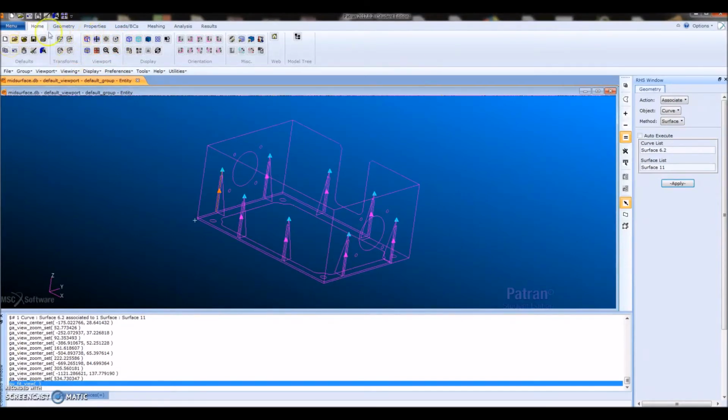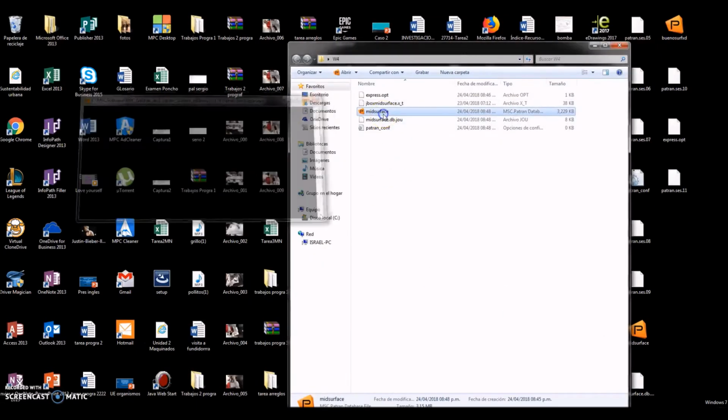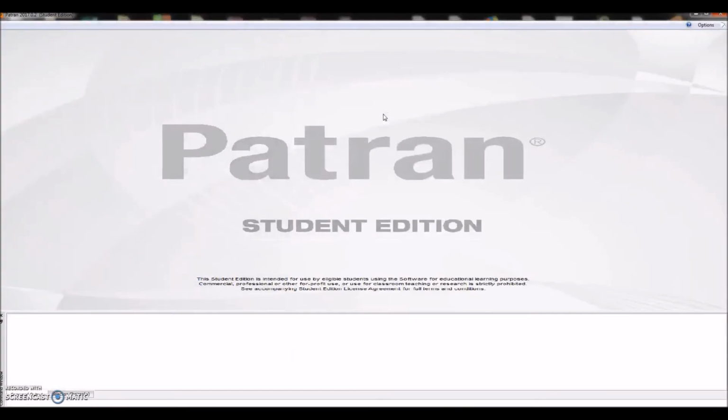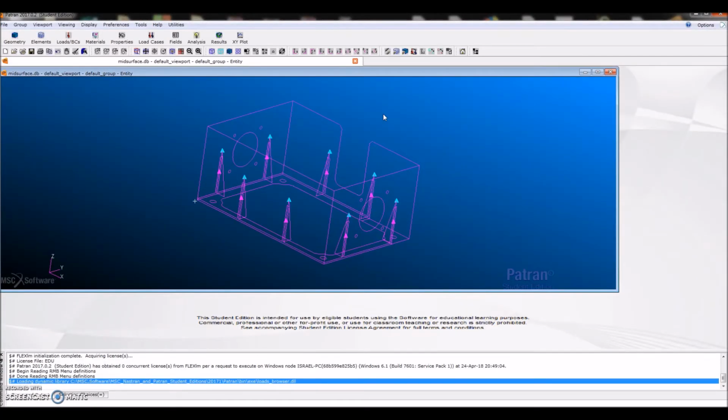So now I save it, because it doesn't appear a ribbon up there. So I'm going to reopen it. As you can see, it's the same folder, the W4. Sorry about the mess on my desktop. And now I open it again, and as you can see, we have the ribbon, the new tool menu right